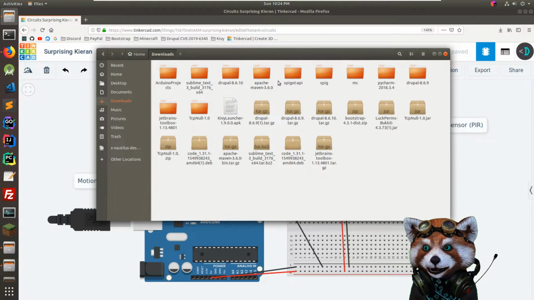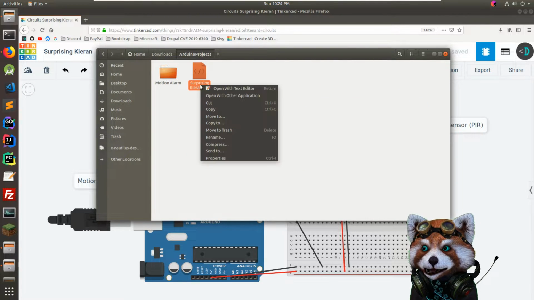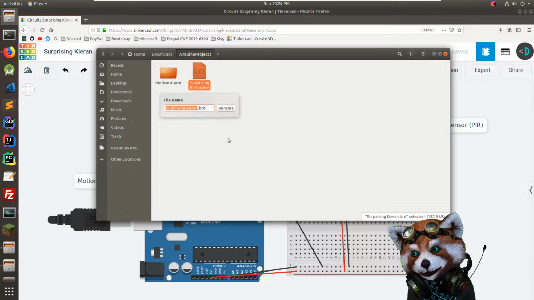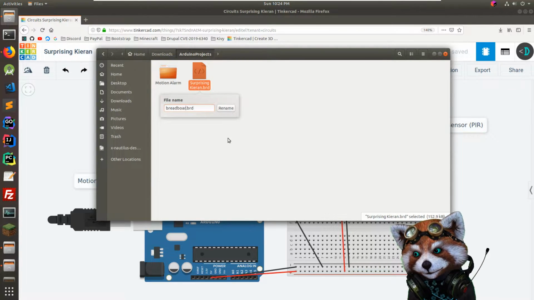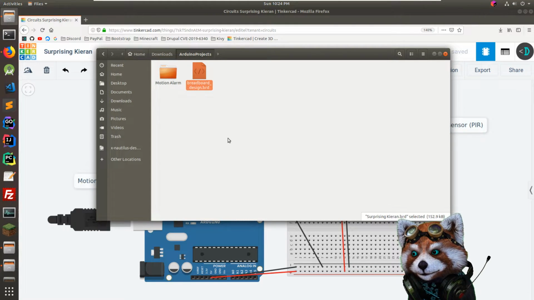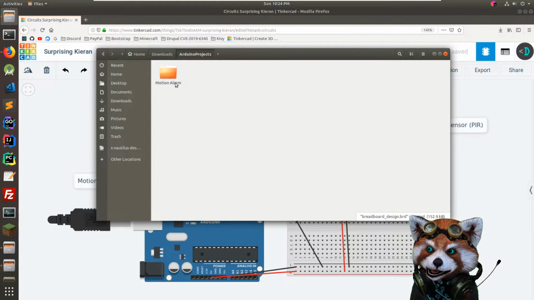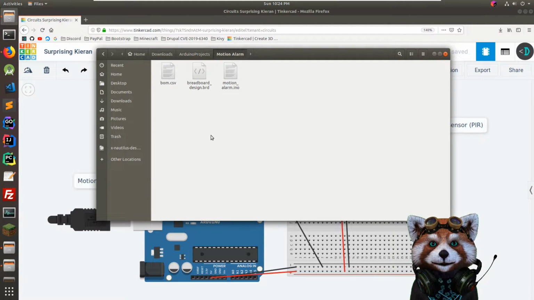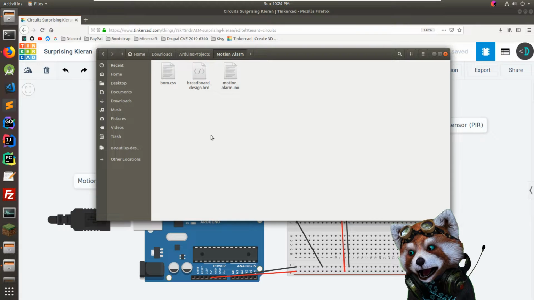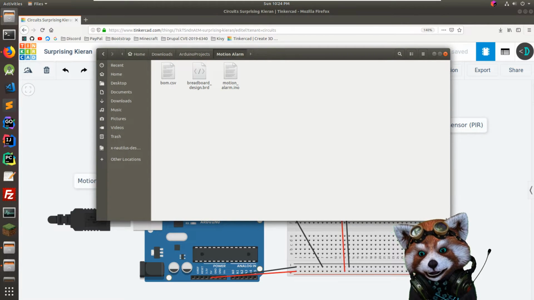Downloads, Arduino projects. Let's rename this to breadboard design. We're going to put all that inside of the motion alarm folder. So this should be all we need to reproduce the project and share it with other people and go to